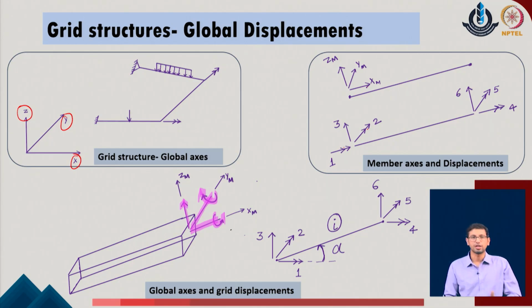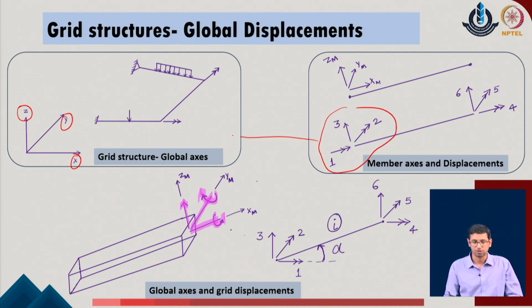Now, what we also need is a transformation between the local or member coordinate system and the global system. Say, if I just go with the same case in the global system, along the direction x there will be one moment, along the direction y there will be the second moment, and then along the direction z there will be the one translation.